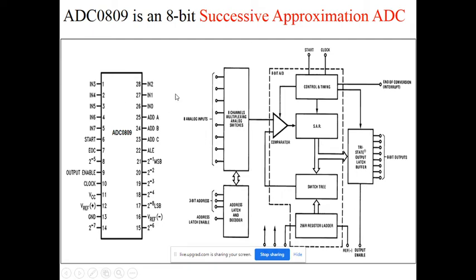In this fashion, initially 8 sensors are there. Out of the 8 sensors, you choose which parameter you want currently, whether temperature, pressure, humidity, or anything else. According to that, the respective sensor is connected to the ADC, and for that we give the proper address here. That address gets latched, meaning the respective sensor is connected to the ADC.